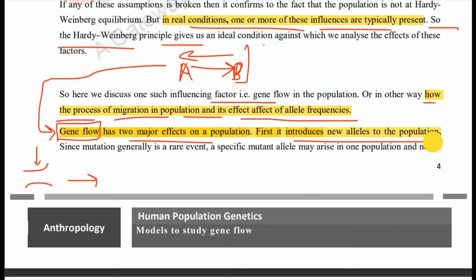So it has major effects on the population. Firstly, it introduces new alleles to the population, right? Of course, it is going to introduce new alleles because the original gene pool now has the outsiders. So that new component of alleles is going to be part of the representation of the gene pool of the population, right? So therefore it is going to introduce new alleles,